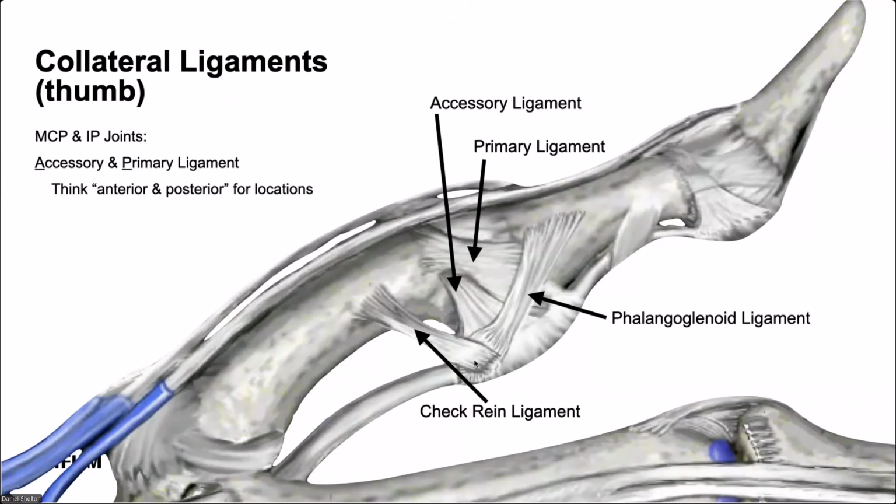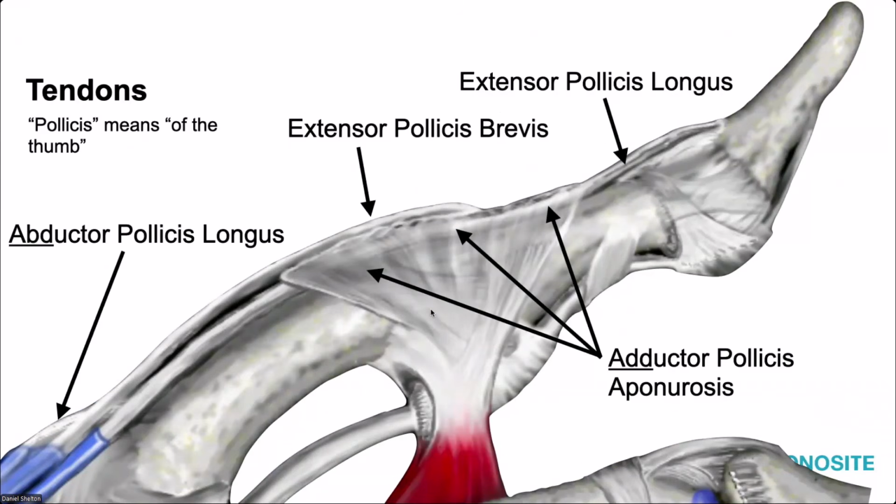Here it is on the first digit. So this is the collateral ligament to the thumb. Again, think anterior and posterior. The anatomy repeats here. Then we have the extensor pollicis that's going to come into play and attach to this aponeurosis that comes from the palm of the hand. Remember the adductor, the big landmark in the hand, the transversely oriented muscle that eventually heads towards the thumb. We're going to take its superficial fibers and then see them drape out like an umbrella over the MCP joint of the first digit. And then what we're going to do is wiggle the thumb and see it differentiate itself.